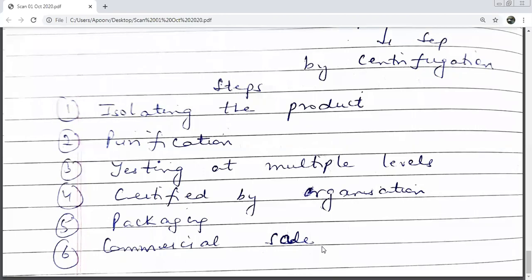There is one again 3 marks question which I am discussing with you. 2016. Name 6 components of a bioreactor. देखो ध्यान से सुनो. Name 6 components of a bioreactor, but they have not mentioned which bioreactor. So it's all on you. So when you start writing, mention which bioreactor. Tell me which one would you like to mention?